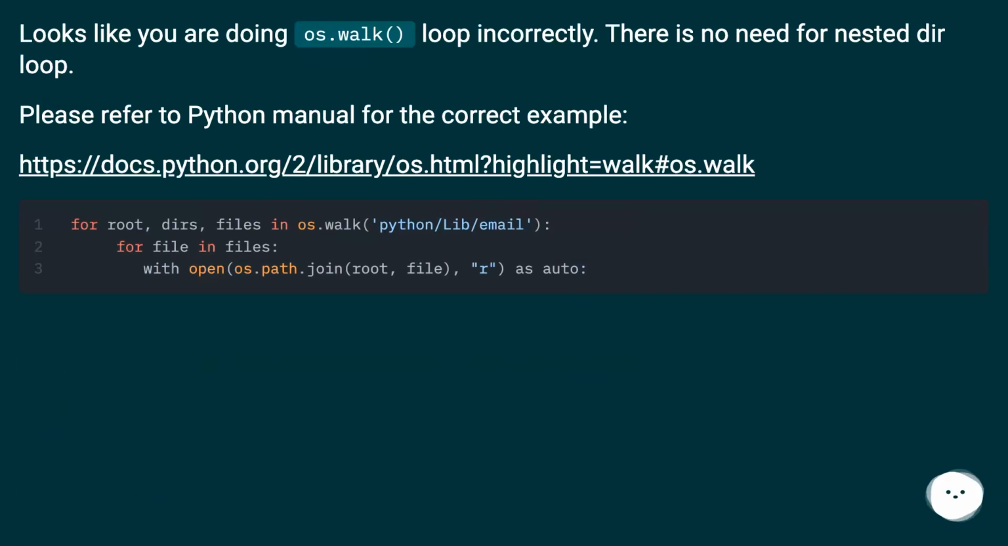Looks like you are doing the os.walk loop incorrectly. There is no need for a nested for loop. Please refer to the Python manual for the correct example. This URL